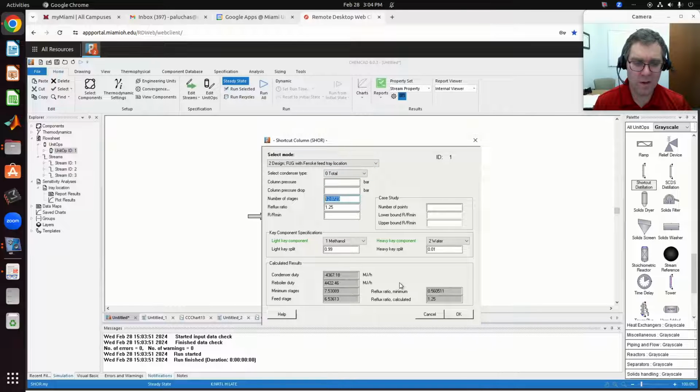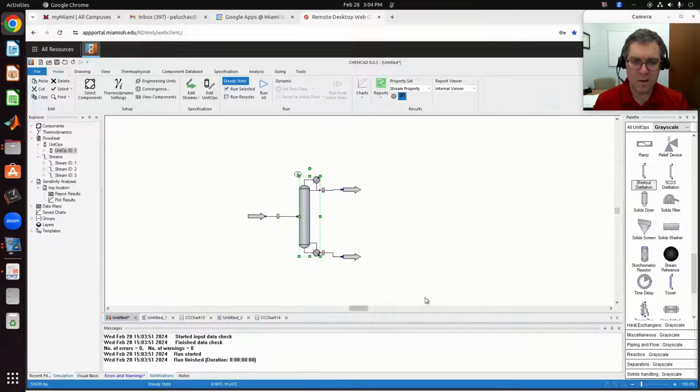And so now if I put this together, if I have this separation, this is the split I want to achieve. From this design, with a reflux ratio of 1.25, I would get about 12 stages. Or if I used R divided by R min as a rule of thumb, I could get that as well. Then once I have that, if I went back to rating, then clicked OK,